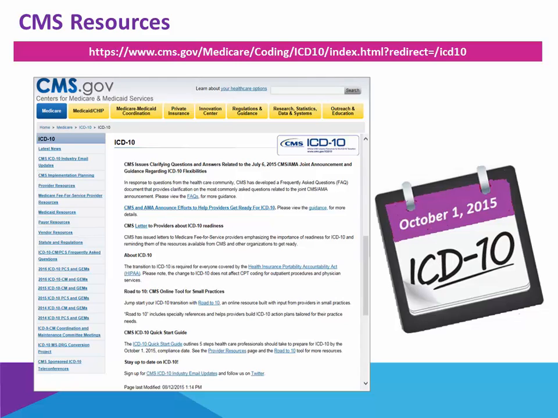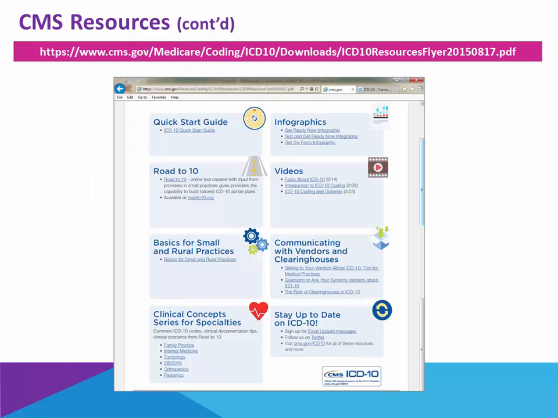And then just as a point of reference, we also are giving you the website for CMS, their ICD-10 homepage. They've also got a tutorial page where they have published user guides, videos,